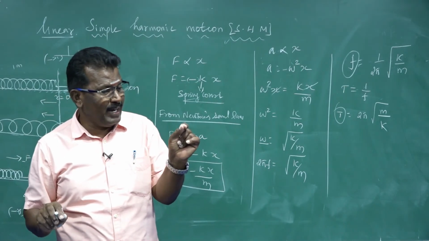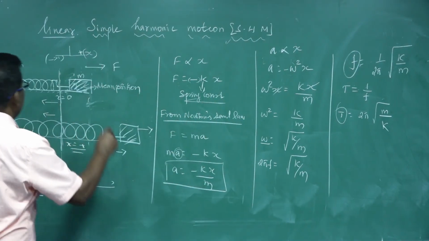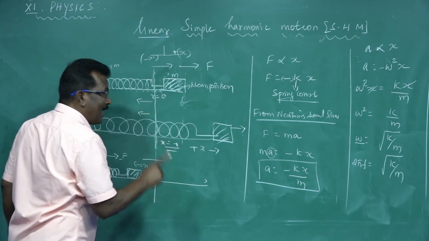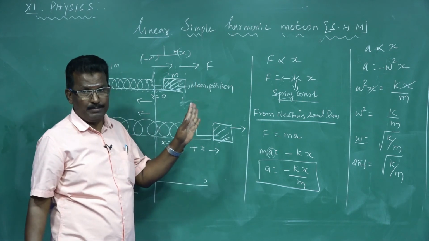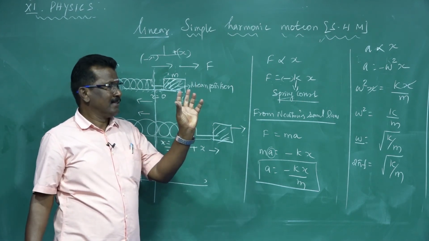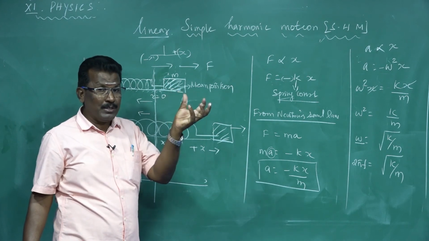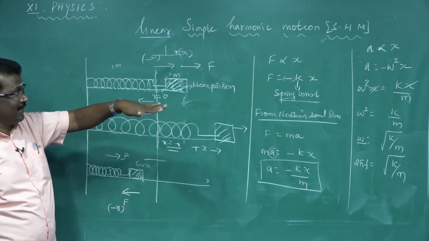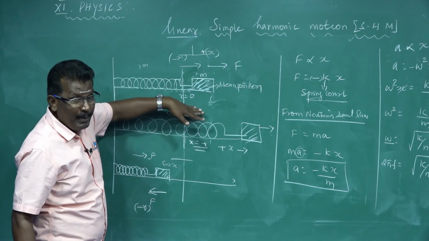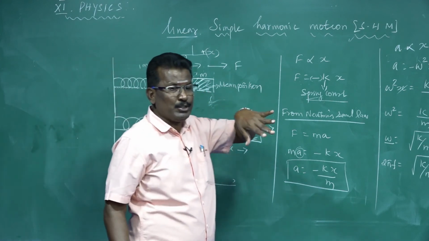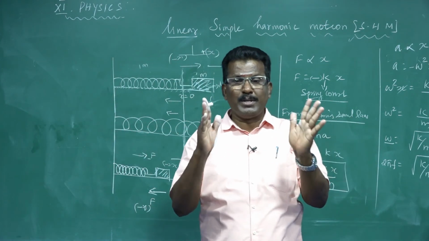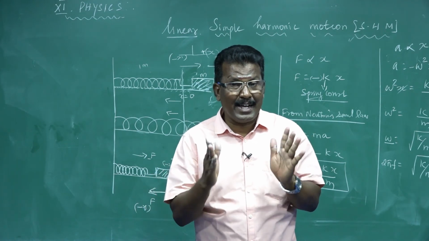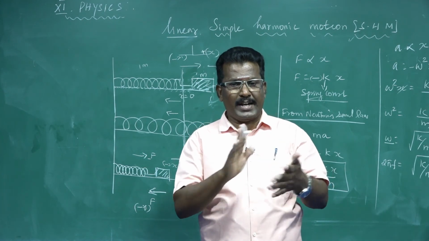So the body is moving in a straight line to and fro. It has a positive axis and a negative axis. To and fro about its mean position in a line is linear simple harmonic motion. A body rotating through a certain angle is angular motion. Angular motion is also simple harmonic motion, just like a body moving in a straight line. So for any body to be in simple harmonic motion, it must satisfy that acceleration is directly proportional to displacement, but in the opposite direction.